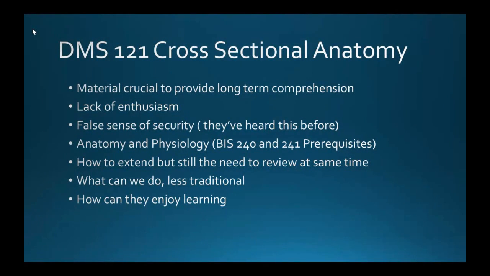And so everything sounds familiar, and as high schools are giving them more sciences as well, they're like, oh yeah, I know that. So they didn't feel like they had to read before they came to class. And so how can we get past that? Because if they weren't preparing to come to class, and they were just sort of mundanely listening, the long-term comprehension, that building and layering wasn't there.